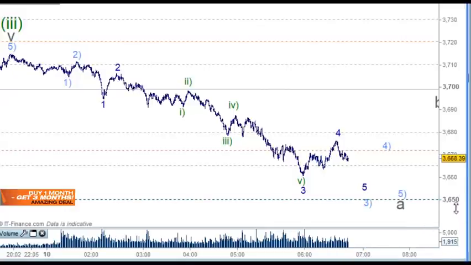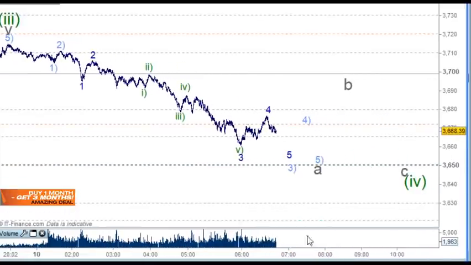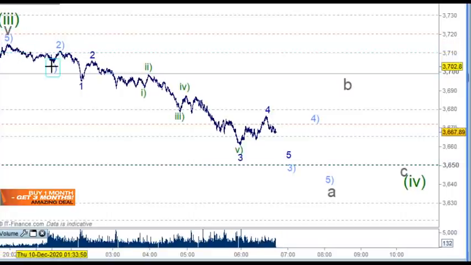Just so you've got some sort of understanding of this structure here. Starting at the top here, I can count 5 waves down for wave 1 and 2 here, and then from 2 all the way down to 3 here. But in 3 here we need 5 waves of one smaller degree, which would be 1 and 2 here, and then all the way down for 3 here, and 4 here, and down for wave 5